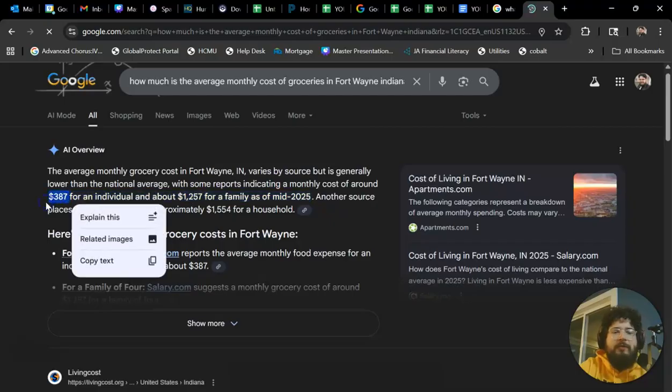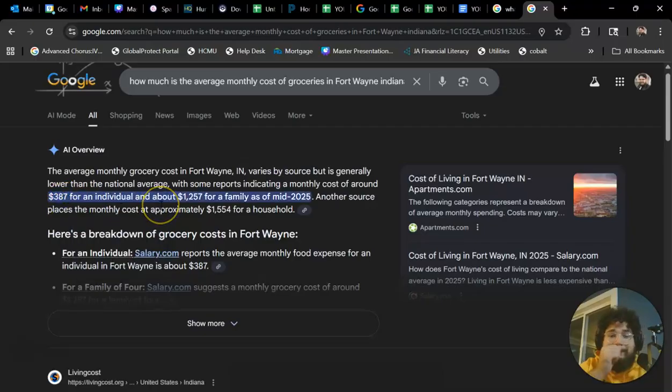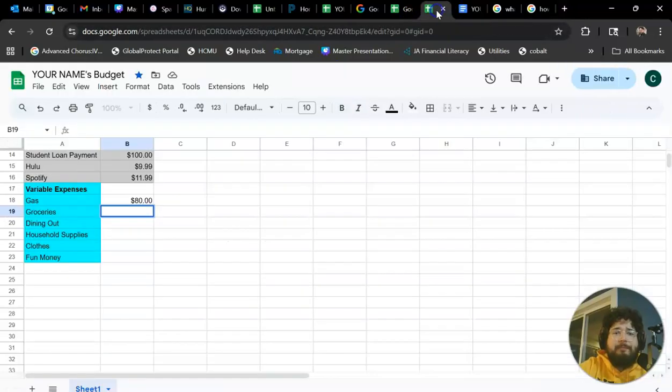About 400 for an individual. Yeah, I was gonna ballpark it near that, right? Is if you are gonna be going once or twice a month, right? I usually stock up and I have about 2 to 3 weeks worth of food, and my Walmart bill usually comes out to about $350. So I was gonna ballpark something to that. Let's go ahead, let's say $350. Okay? So you're gonna type right here under groceries, $350.